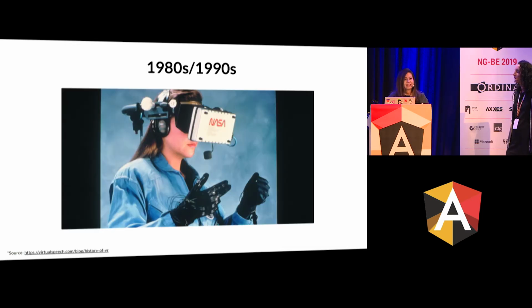Later on in the 80s and 90s, a lot more companies tried to create a headset, exactly like the stereoscope, and way closer to what we have today. But the problem with many of these headsets was that they were bulky, they were heavy, and the image quality was not close to reality.